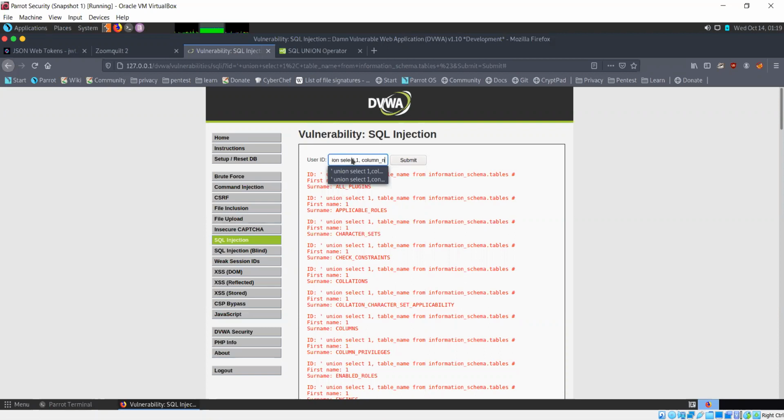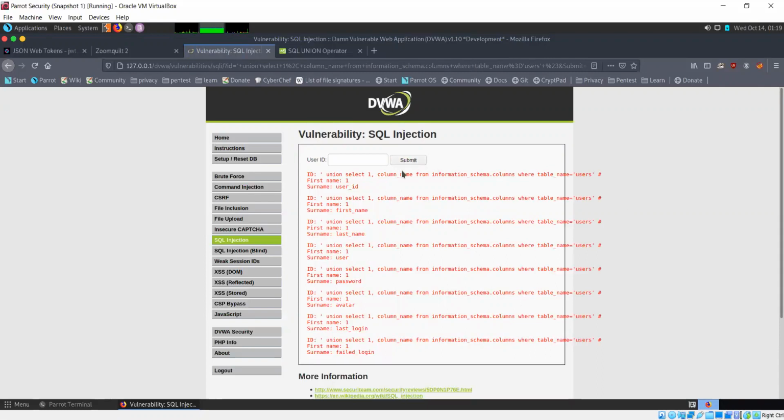So column name from information schema dot columns where table name is equal to users, and an octothorpe after that to comment the rest of the stuff out. Now let's submit this, see what we get.